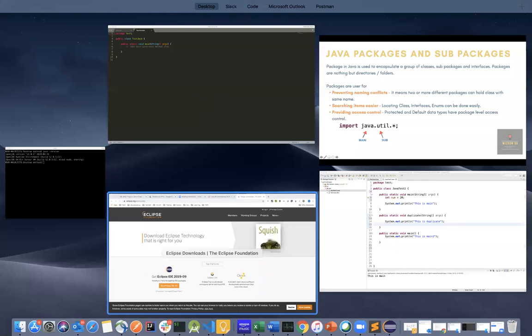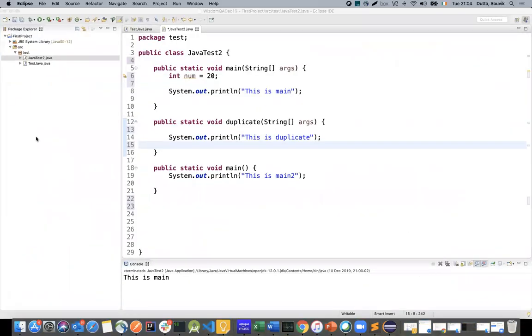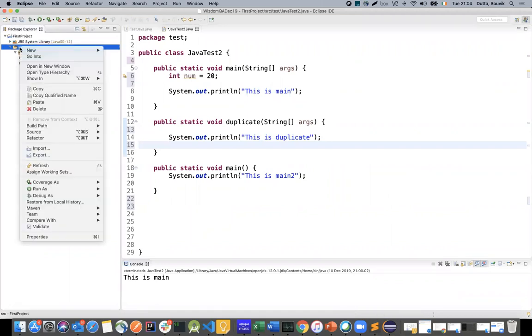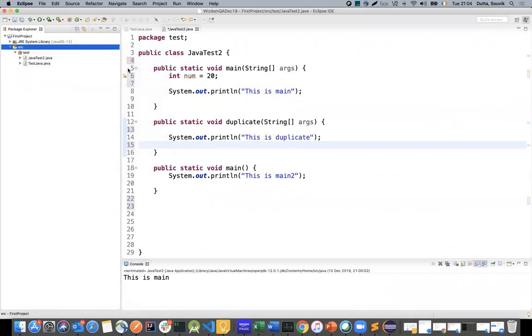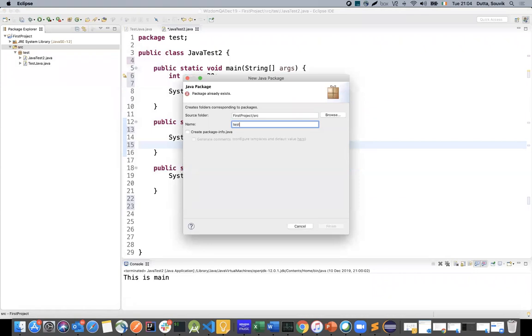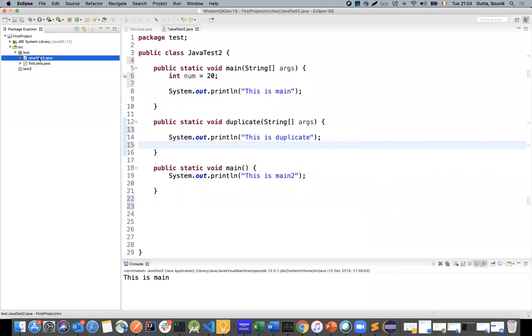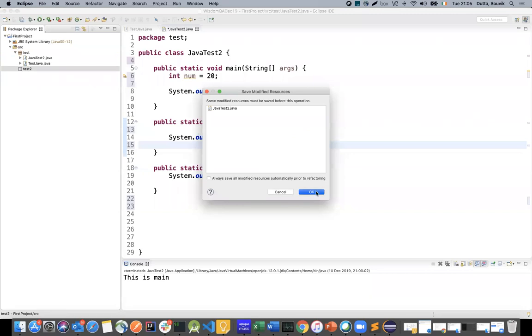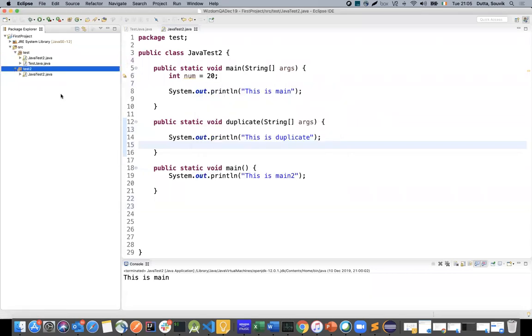Because if you go back to your Eclipse, I have a package called test. I'm going to create another package, new package. I'm going to name the package test2. Finish. Different package altogether. So I can create another class file with the same name here. So Command C, Command V. I copied that same class file inside this particular